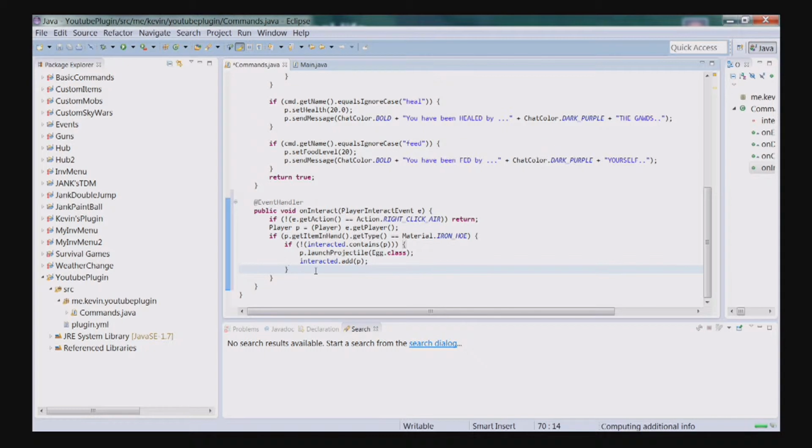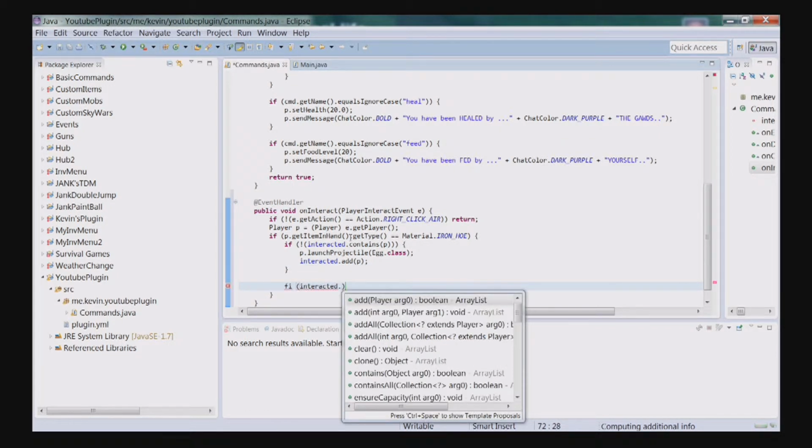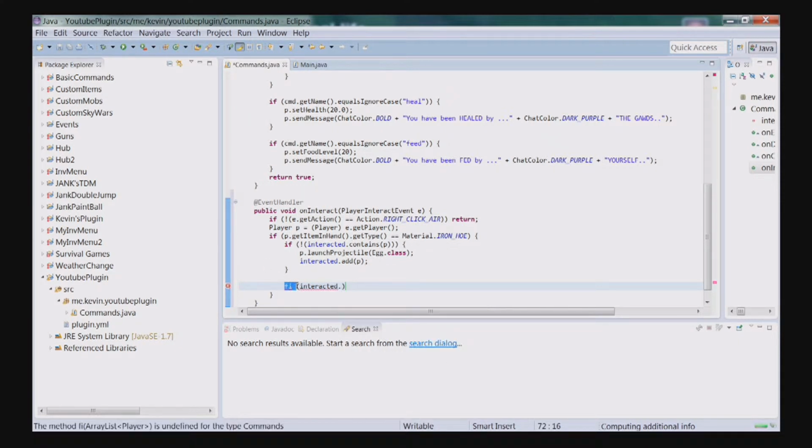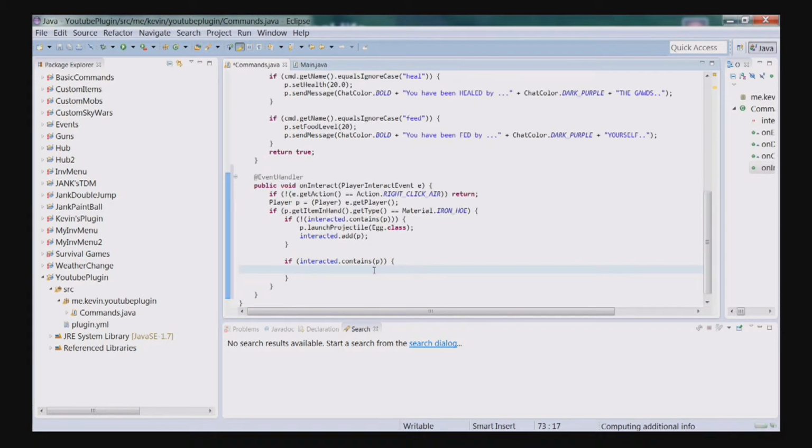And then we can do another thing where right here we can do if interacted, that's not how you spell if, everybody, just thought you should know. If interacted.contains p, then we're going to just not do anything. We're just going to send them a message